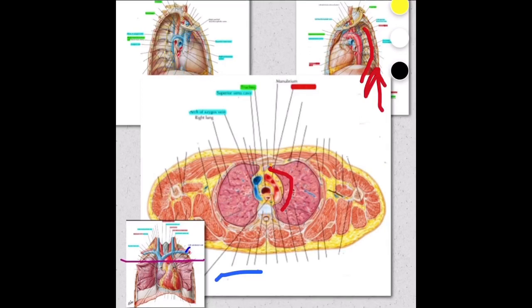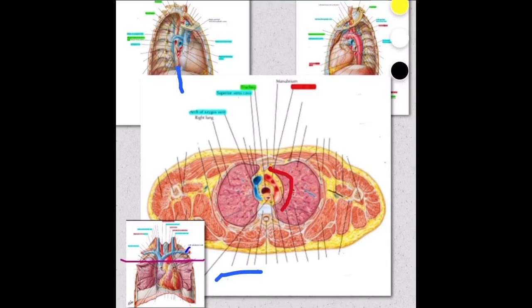Now I told you that the azygous vein ascends up from the abdomen, right? And this is the arch level. So obviously if I were to study a section which was above this level, like the previous section we had done, we couldn't see the azygous vein there. Why? Because it forms an arch below that level, and then it does not continue up. It drains into the superior vena cava. That is why in the previous section we did not see the azygous vein, but now as we've moved a section below, at the level of the azygous vein draining into the superior vena cava, we are able to see it. Okay, then